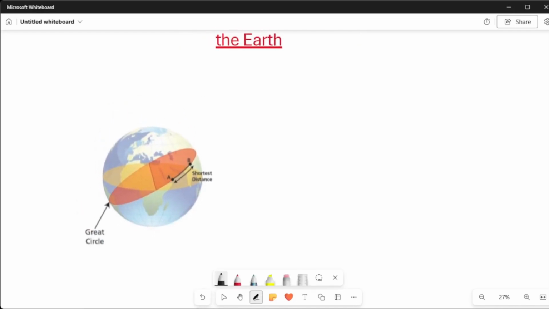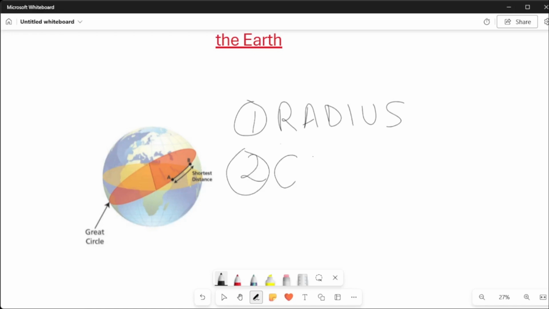So, as shown in the photograph, since the number 1 radius and number 2 center is the same as that of the Earth, it is called a great circle. A good example of a great circle is the equator. The shortest distance between 2 points on a great circle will be the distance along the shorter arc between those